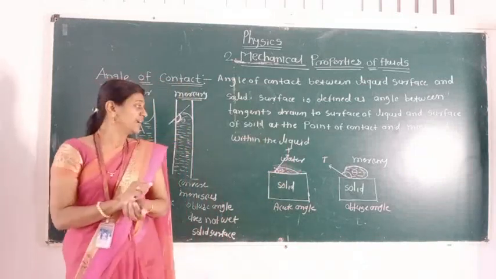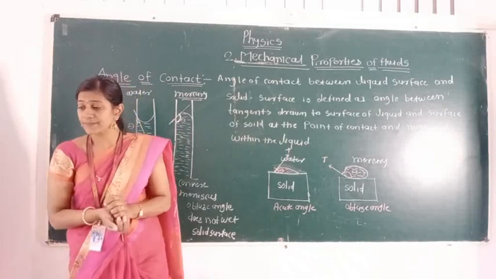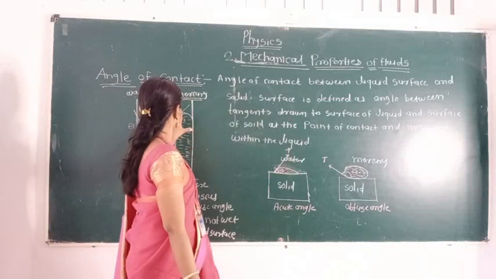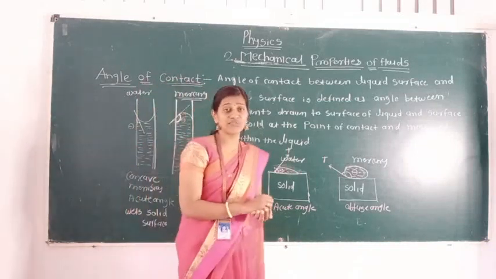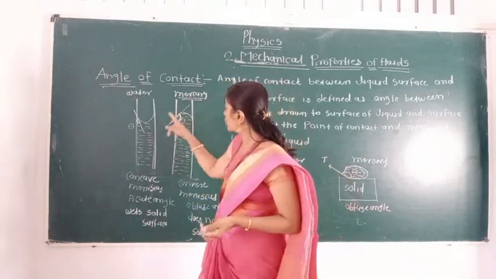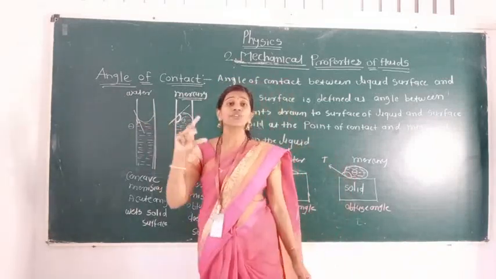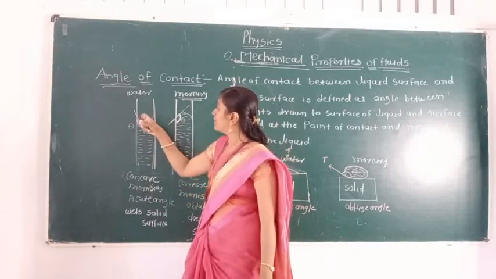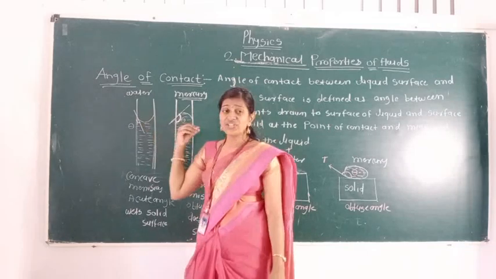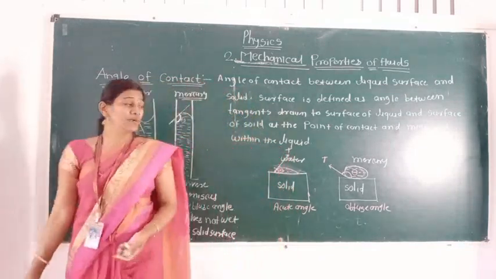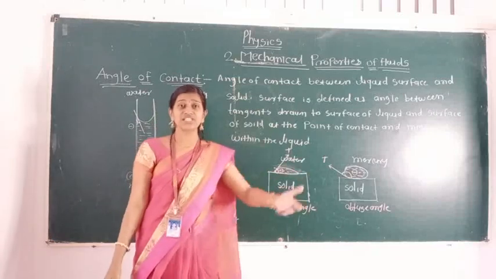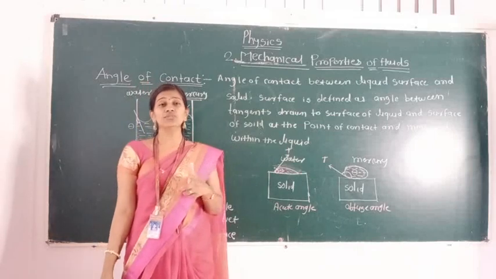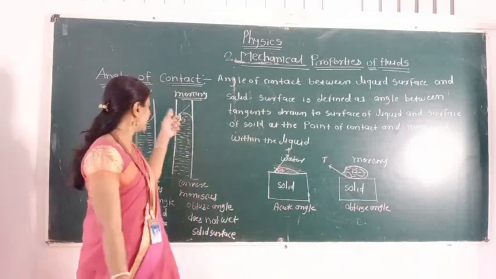Next one is that it depends on the medium that exists above the free surface of the liquid. Already we learned that the surface film is there, at the free surface of the liquid. So which medium exists above the free surface of the liquid is also important. That means the angle of contact depends on the medium which exists above the free surface of a liquid, and that angle of contact changes due to some quantities. In that, the angle of contact changes due to the impurity that is present in that liquid.